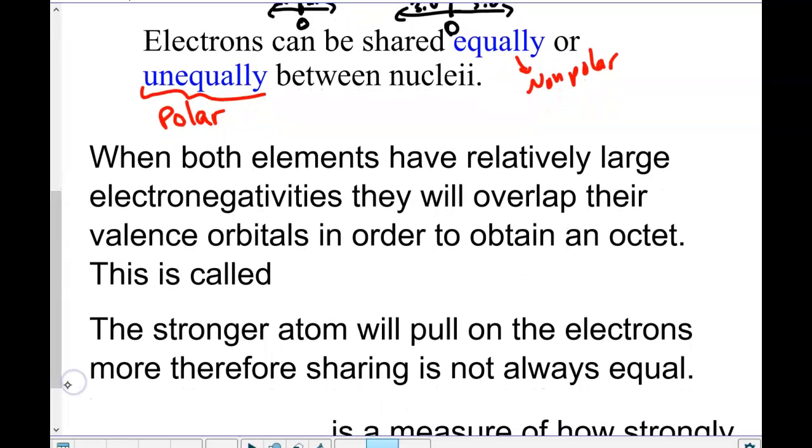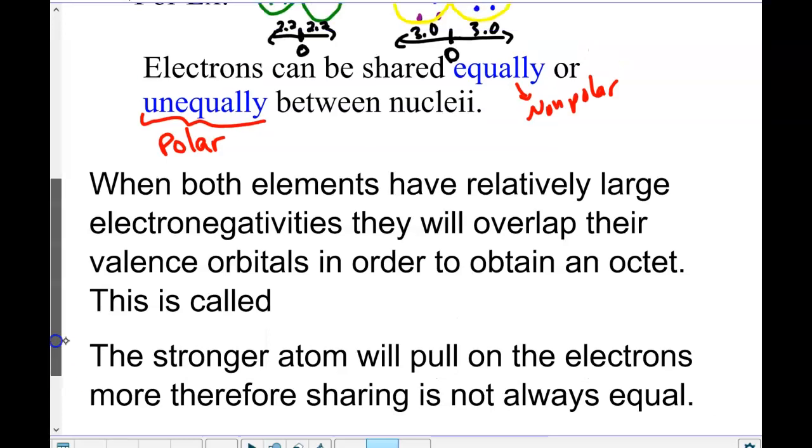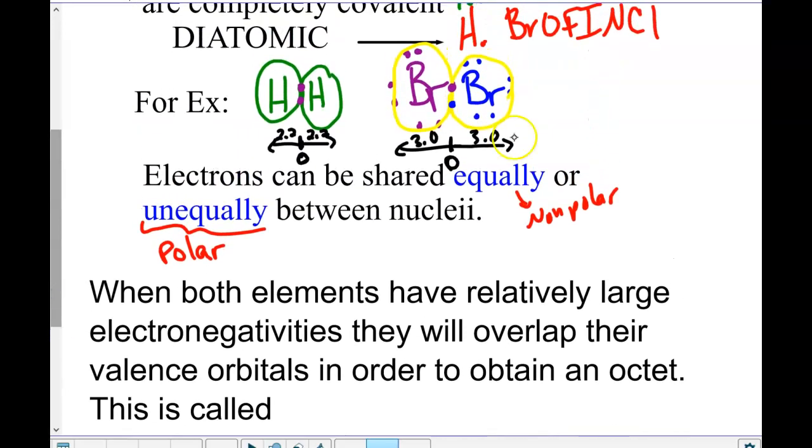When both elements have relatively large electronegativities, they will overlap their valence orbitals in order to obtain an octet. So you see that in the bromine example. I'm going to actually scroll back up. You can see that in the bromine example up here. What you'll notice there is that in this bromine molecule, this bromine molecule here,